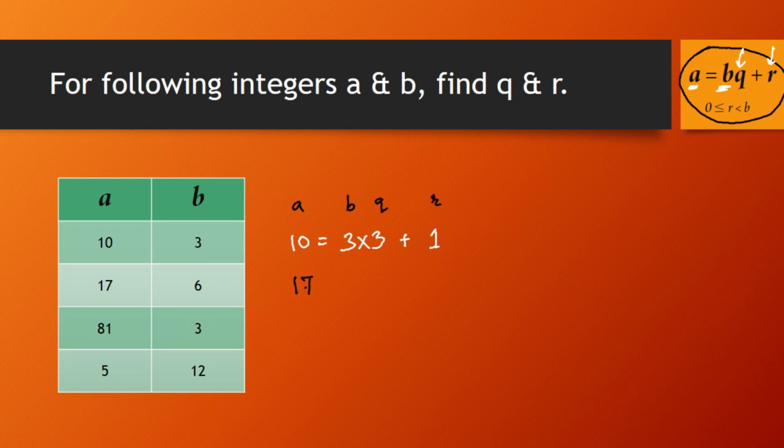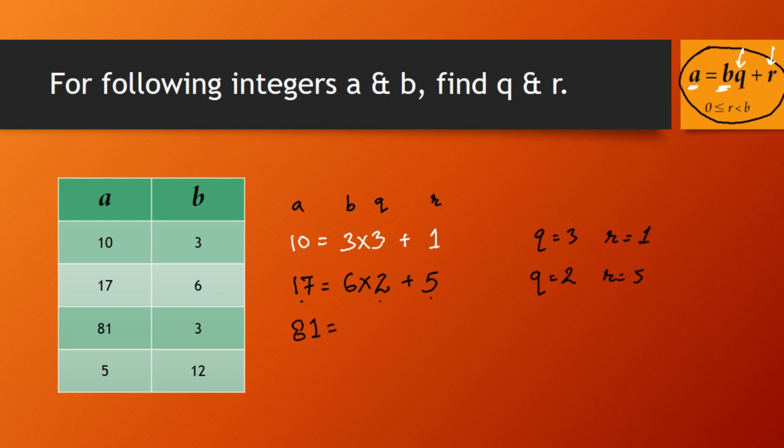Now for the second number, 17 equals 6 times 3 is 18, which is greater than 17. So I have to multiply 6 by 2. 6 times 2 is 12. And what shall I add to 12 to get 17? I'll add 5. So what is the quotient in this case? q is 2 and remainder is 5. Let us write it here. q equals 2 and r equals 5. Similarly, in the first case, q equals 3 and r equals 1. Next example,